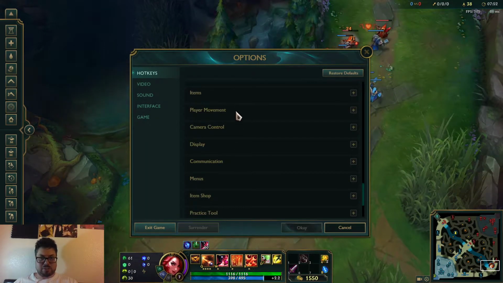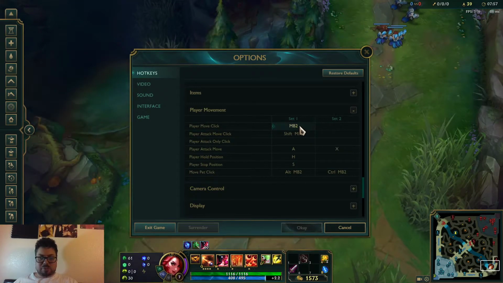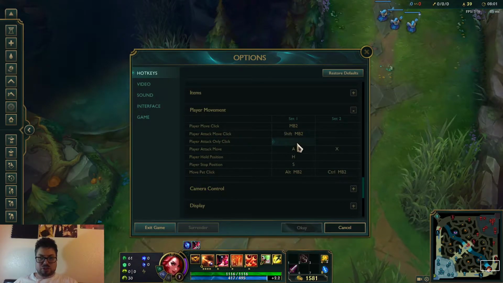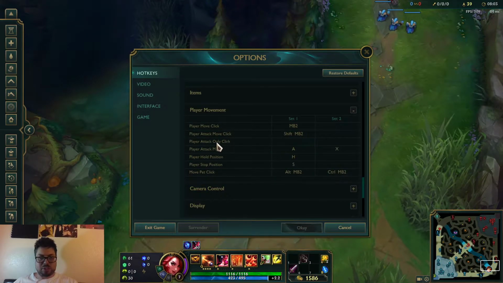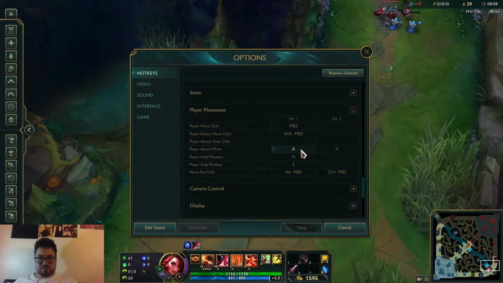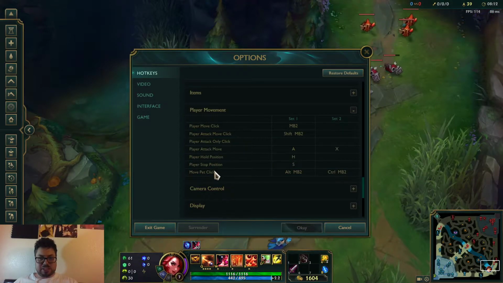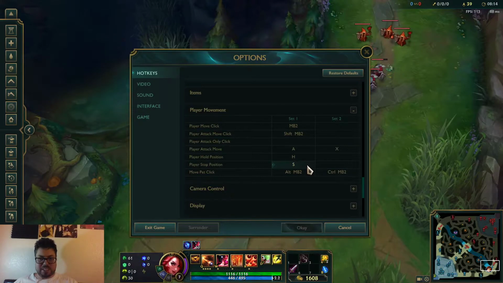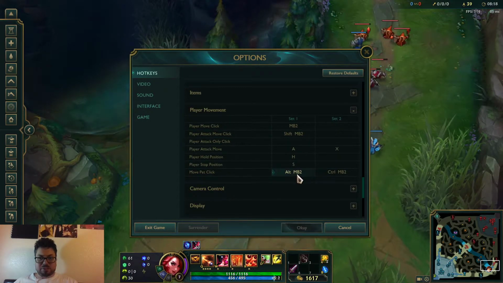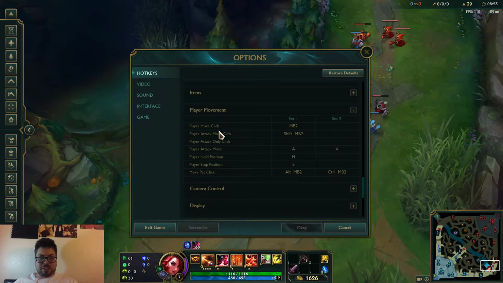Let's look at player movement. Player move click is mouse button 2. Player attack move click is shift mouse button 2. Player attack only click. Player attack move is A or X apparently. Player hold position is H. Player stop position is S. Move pet is Alt mouse button 2 or Control mouse button 2. Alright, so